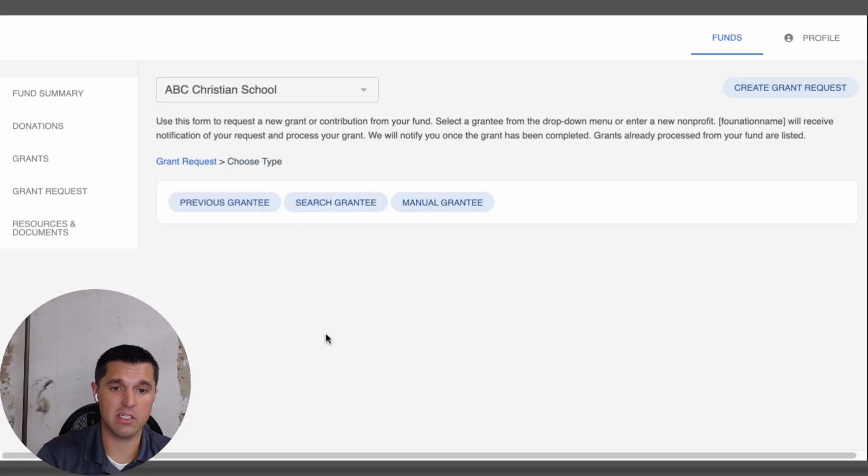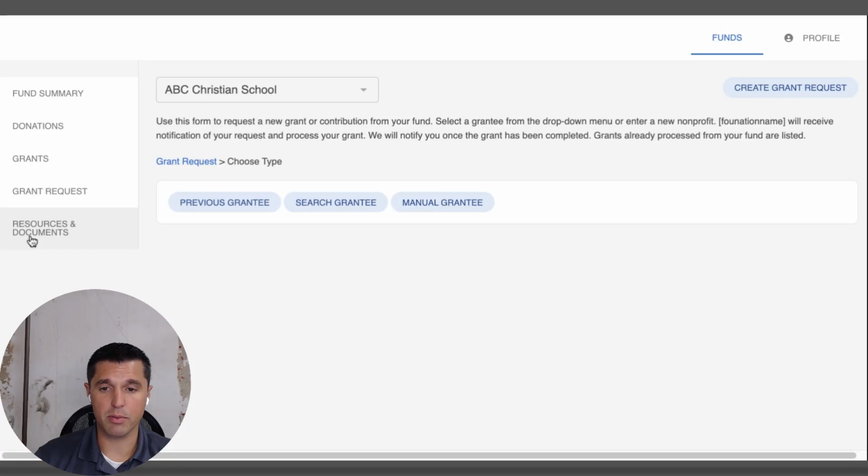I'm going to click this again just to give us a start over here. Once you've done the manual portion, you should be able to go in and see previous information that you might have put in. So if this is just a fund that's contributing back to the school, you'll be able to pull that up quick without having to fill it out each time, just with this previous option. If you have multiple grantees and you have several that are saved, go to that search box. Again, that'll fill in the information so you don't have to fill it out each and every time you come in and do a grant request.